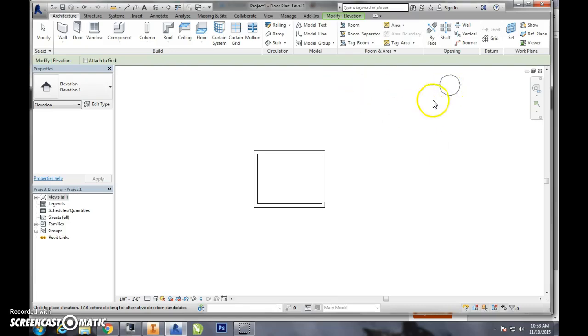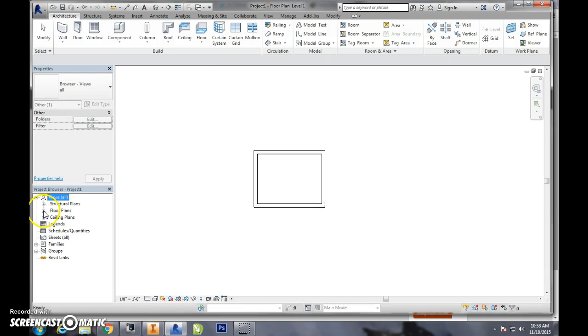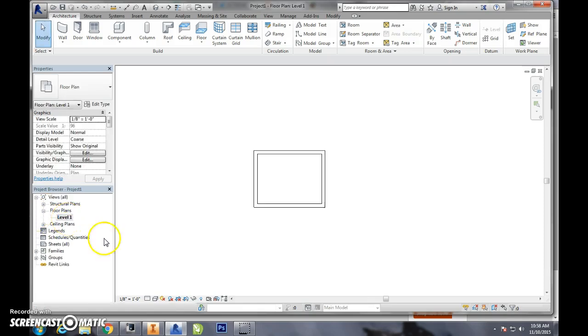Okay, so today we're going to add elevations, and I'm going to start this by being in a level 1 view. If you don't know how to be in this level 1 view, you just need to come over here to views and make sure you're in floor plan level 1. You could also be in a top view in 3D mode. I prefer to work in this level 1 view,